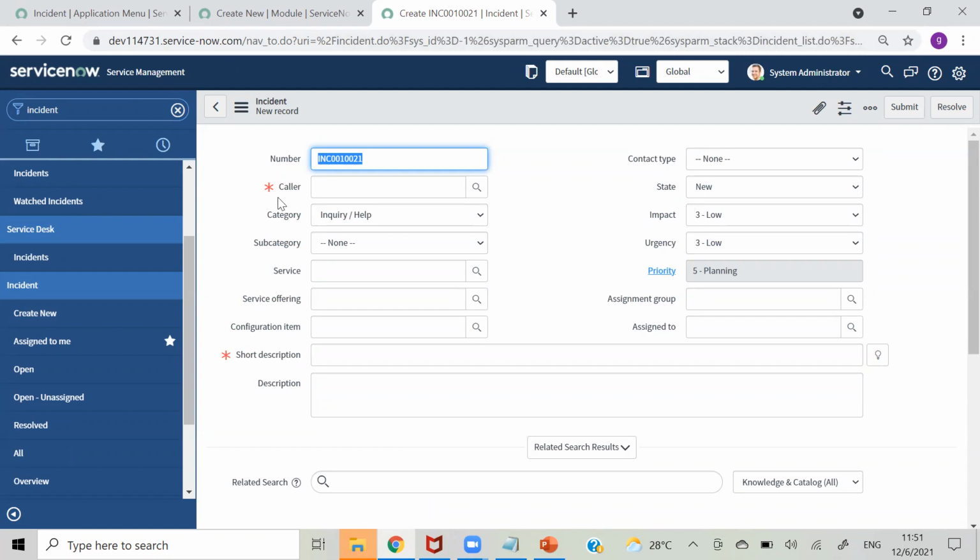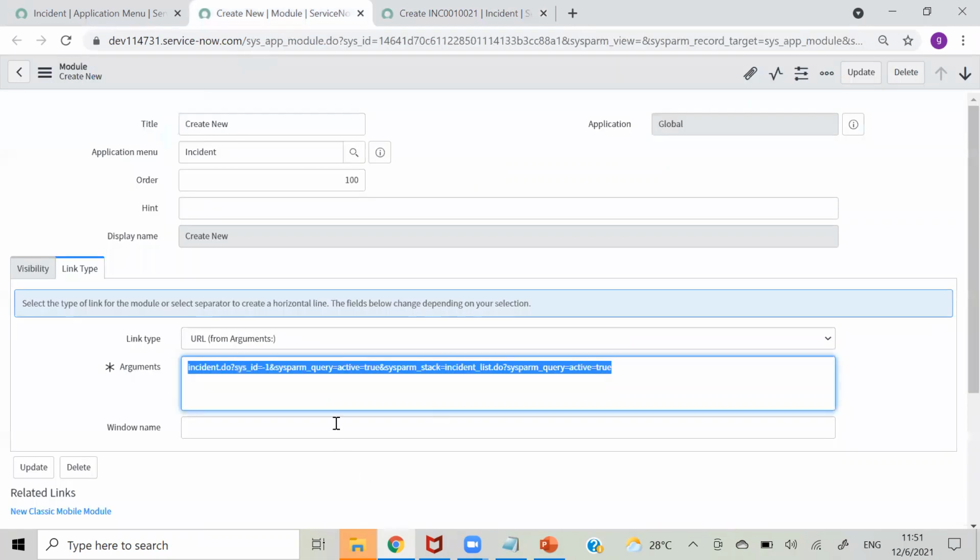So all these things. Okay, and here you can see, as I have told you yesterday, it will show the table name in the URL. And if you apply something like sys_id, there is no ticket created, that's why it will show sys_id as -1. And this is your query. If you have queried anything like active is true, all those things it will show here.